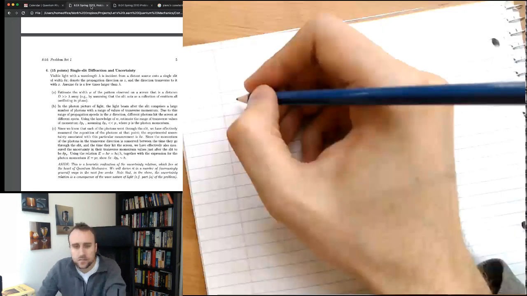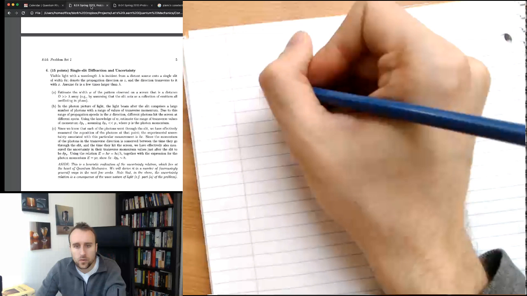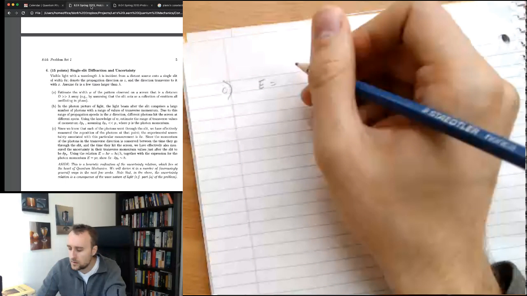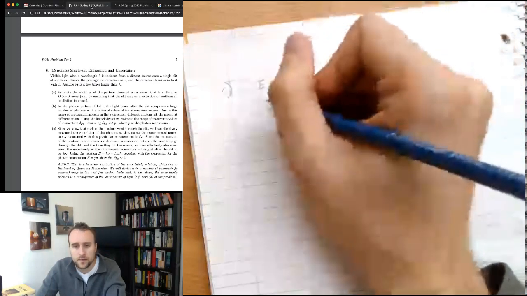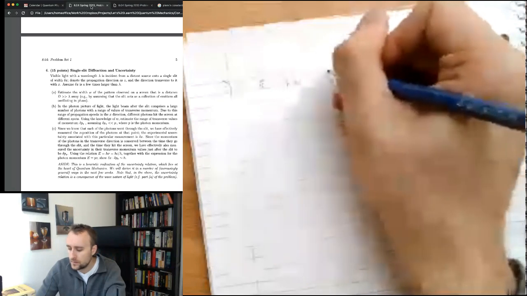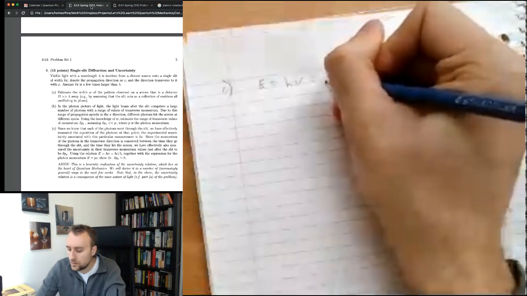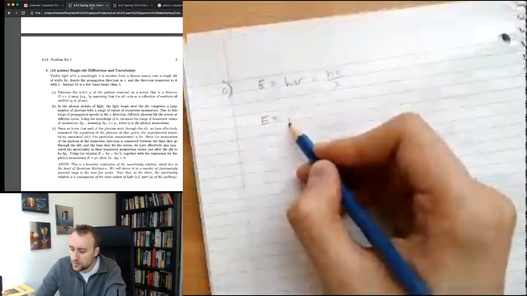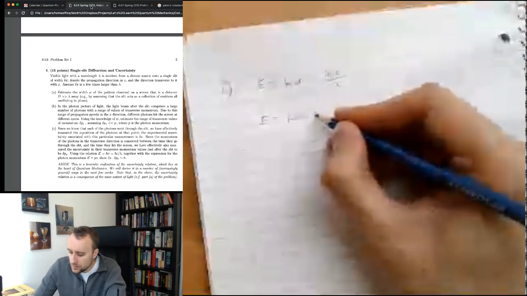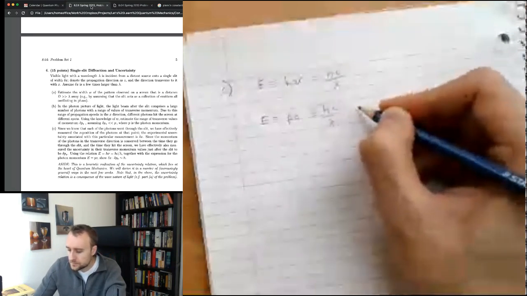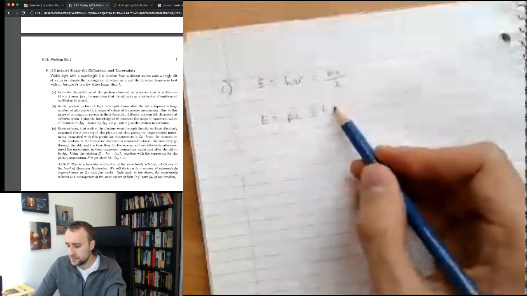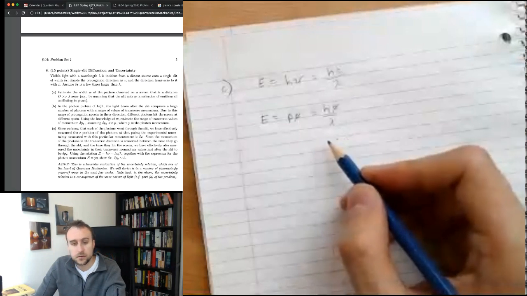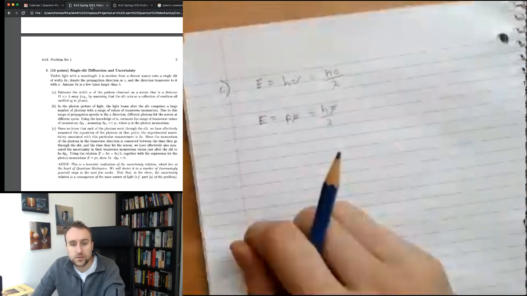All right. So E is equal to, let's just write C here. E is equal to hc over lambda. And we have E is equal to momentum times c. So we have the c's cancel. So we want to show that the